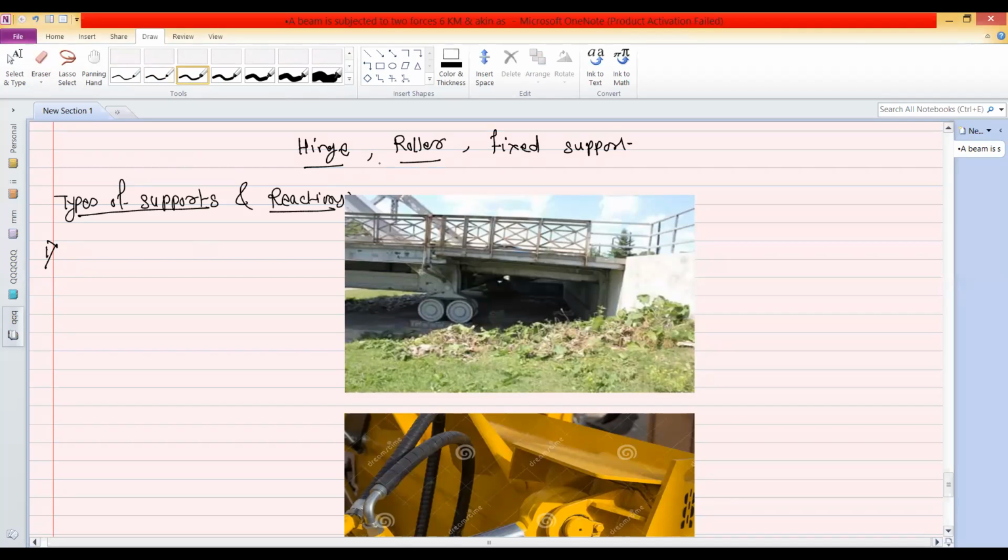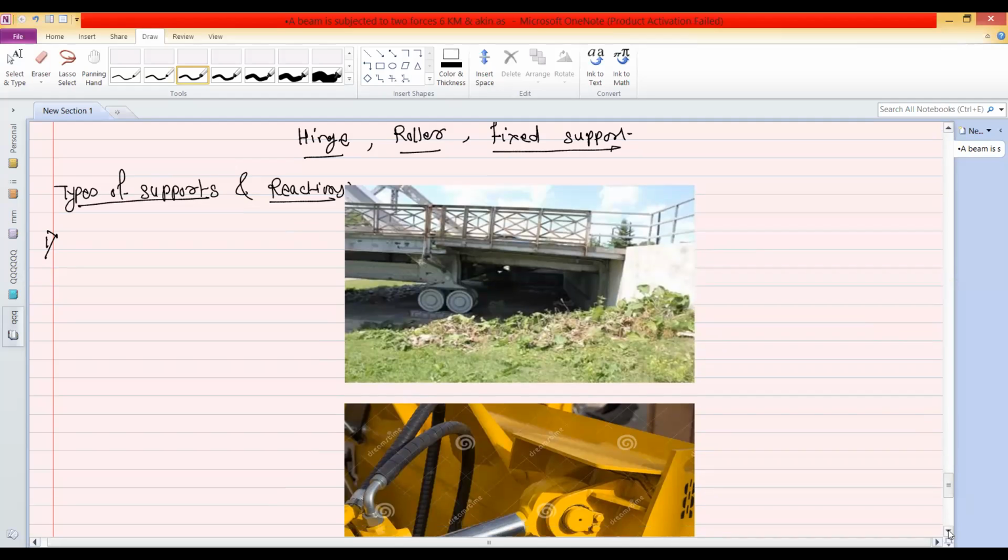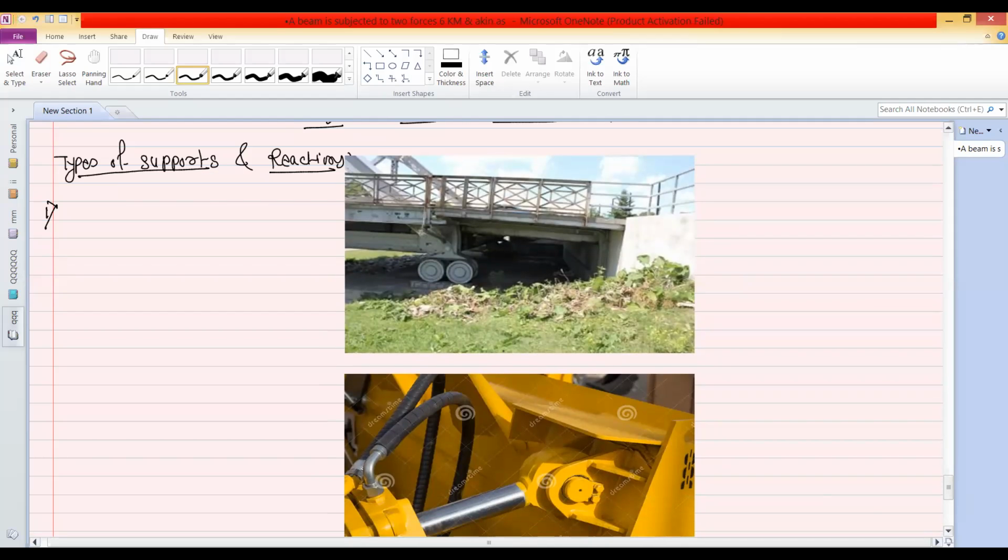And each support, that is hinge, roller, or the fixed support, it carries different reactions. Okay. So we will see this one by one. So this is just a revision of the last lecture. So the first support, you can see here. So this is the real-time support. So it is the roller support. So roller support, it offers only one reaction and it is represented as